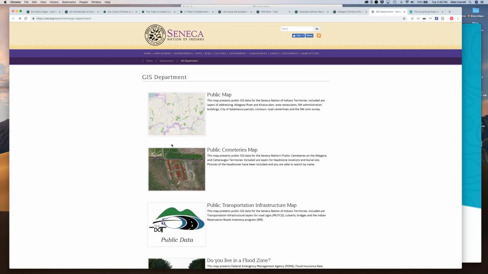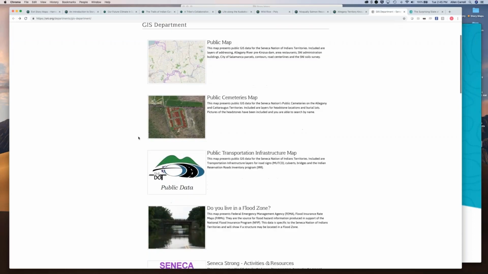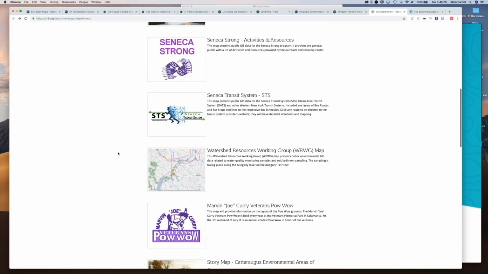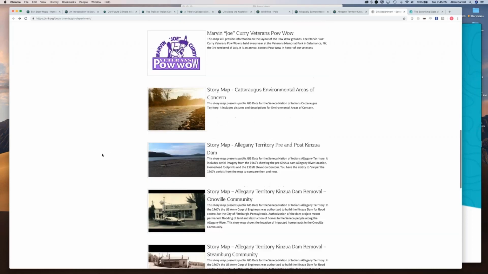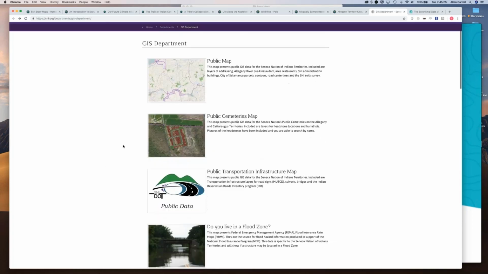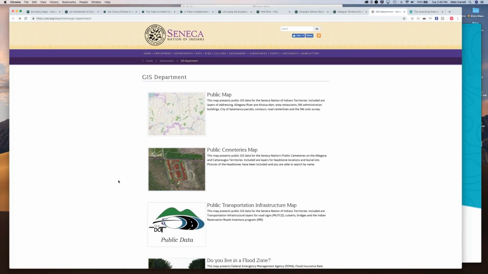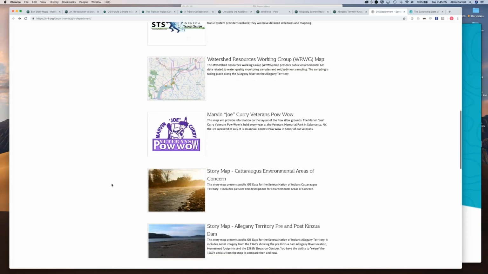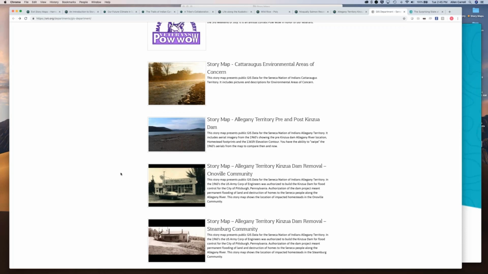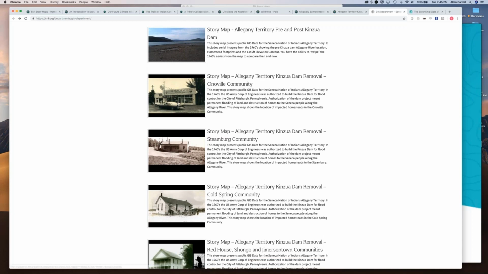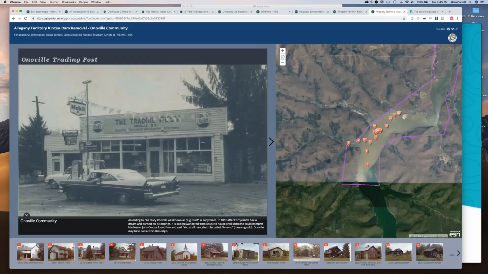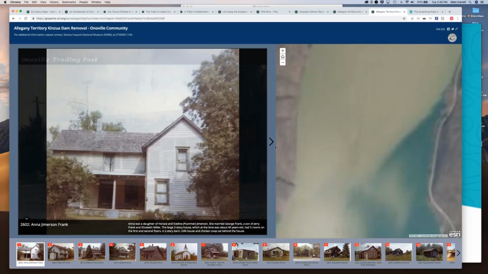One last thought, and then I'm going to turn it over to Grayson, is that more and more organizations, including tribes, are creating whole series of story maps, which they often aggregate or present within a gallery. In this case, the Seneca Nation of Indians has created an attractive place where they can aggregate all their story maps and summarize them. People can explore and discover story maps that they find interesting. And here's another map tour.